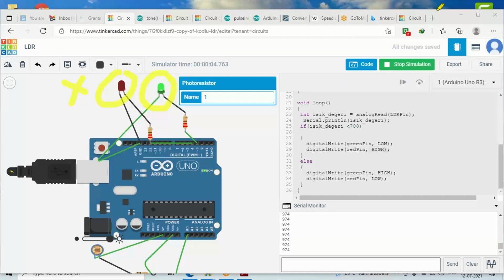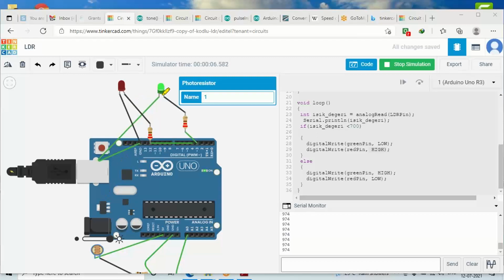So this simple program helps us to understand, and it also helps us to process the data coming from the photoresistor. Different things can be done. If you want, you can try some other project and execute it. I leave it to you, give it a try.